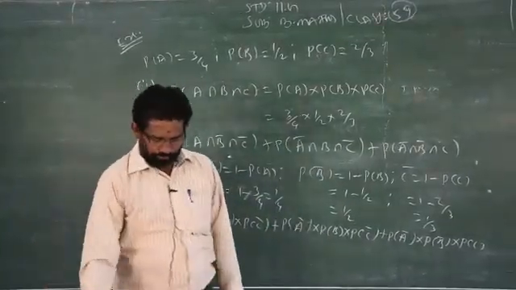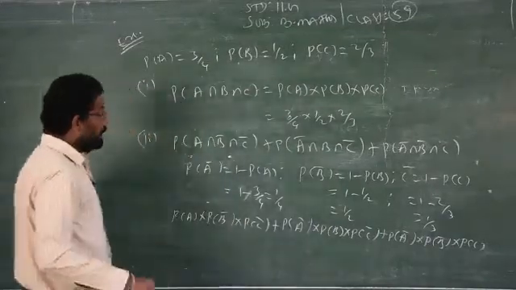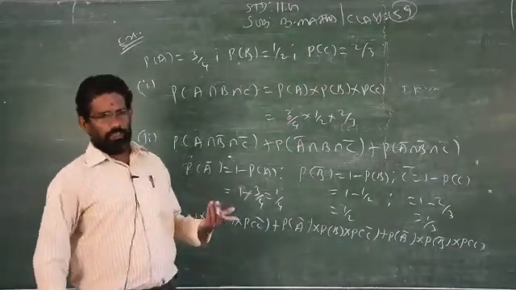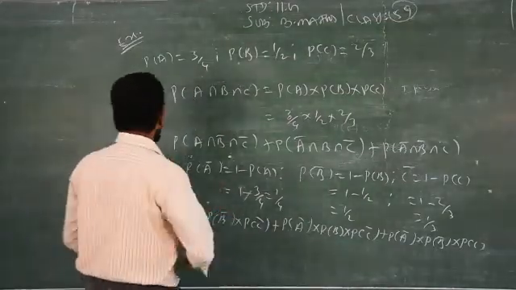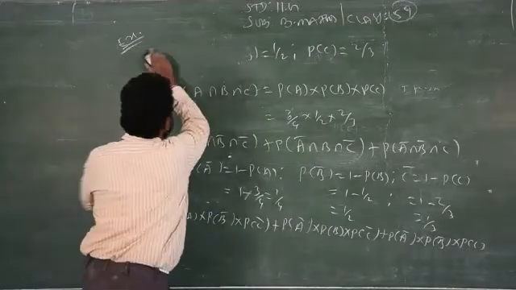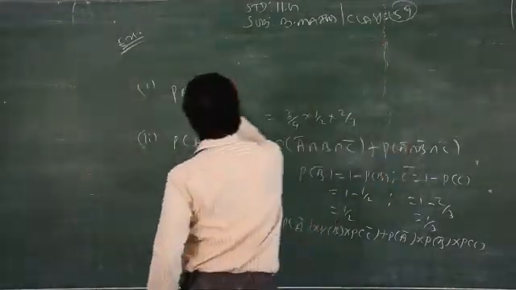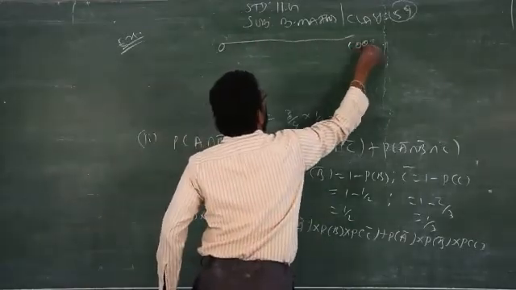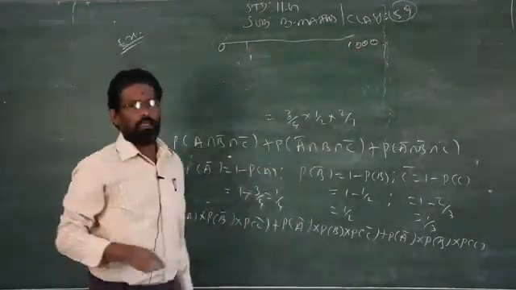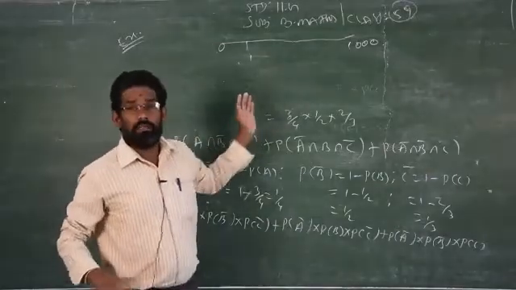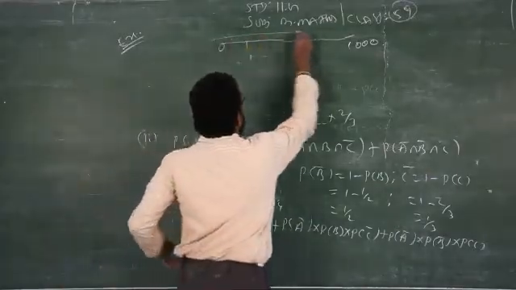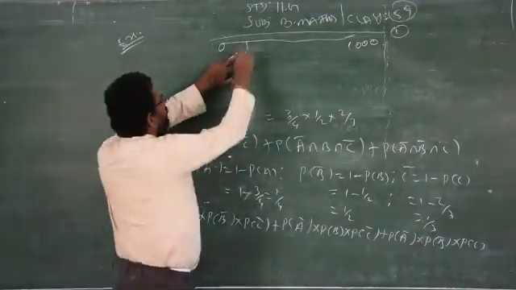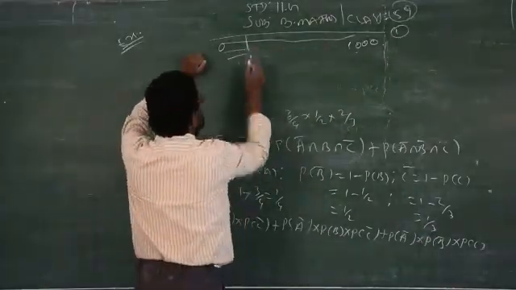At least one. I told you this earlier already. At least means minimum; maximum we don't know. So we know the total probability is how much? 1. For example, I am starting from 0 to 1000. Finding the probability of the event from 1 to 1000 will take more time. But I know the total probability is 1. Therefore, I need from 1 to 1000, but I don't want this part.